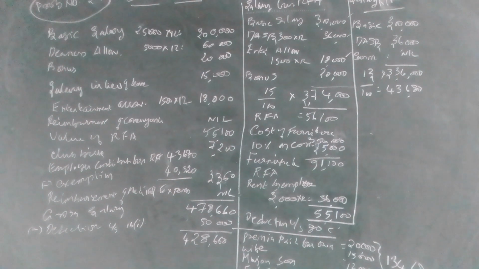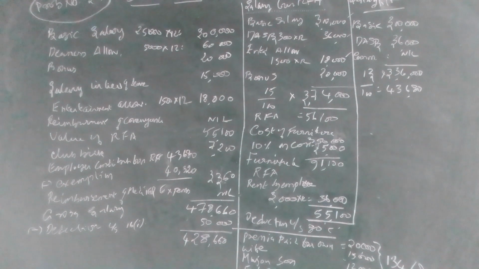See, in this, you are given almost all the information required for the salary income. Basic salary, that you know very well. Basic salary is given for a month, so you should take it for the year, per annum. So 25,000 is the monthly salary, which comes to 3 lakh rupees for a year. And dearness allowance comes to 5,000 rupees per month, so you will have to take it into 12, that is 60,000.